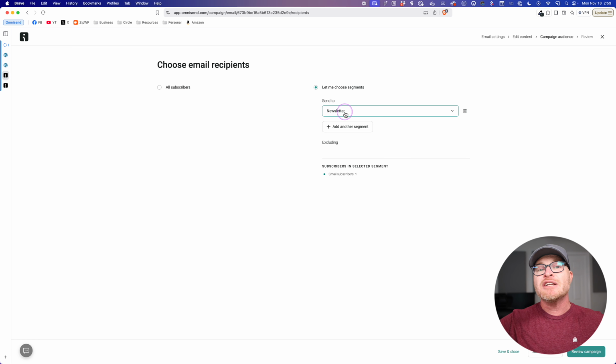Now remember, my newsletter segment already has whatever logic I need it to have, but you can actually add multiple segments at a time. I only have one. And then you can exclude as well. So there's so much power with the conditional logic here. And that's another thing you have to check. If your email platform doesn't give you the proper conditional logic features that you need, you end up not being able to email the people you want to email.